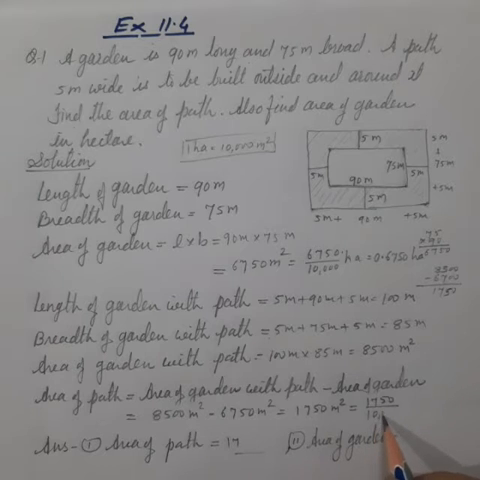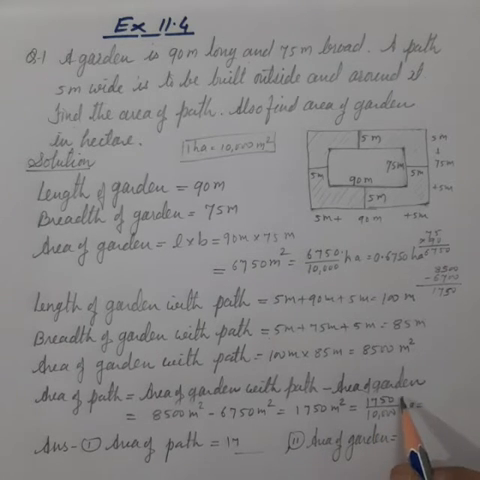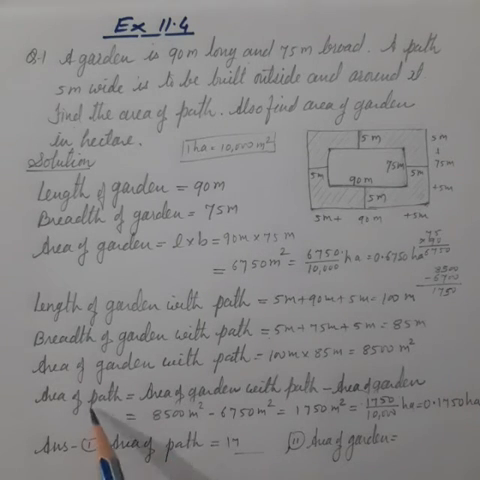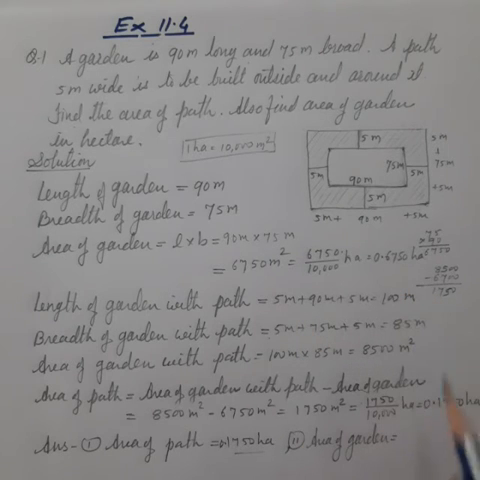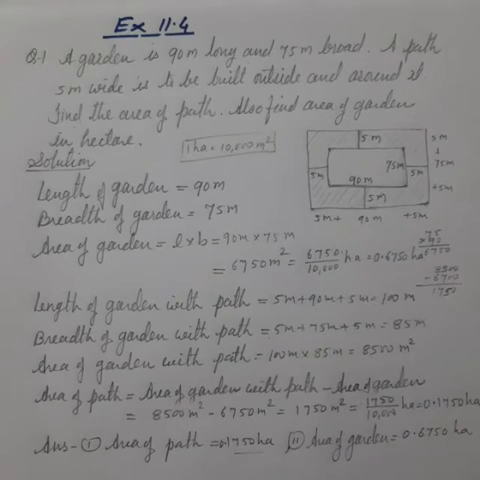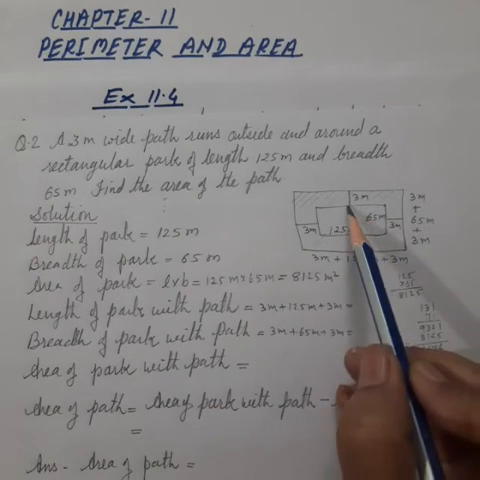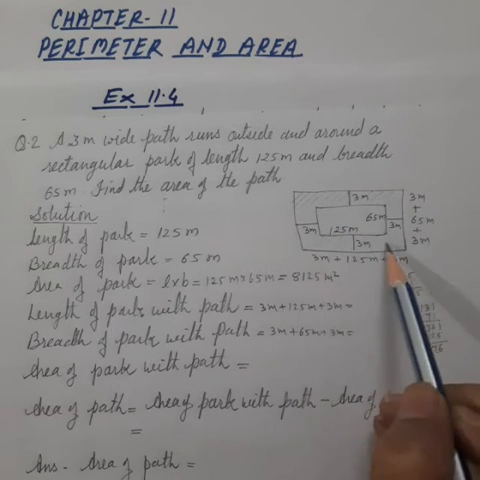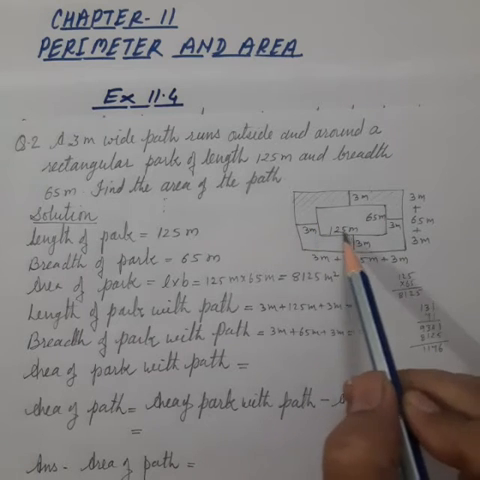1750 by 10,000 hectares. The point will move 4 digits before. So we get here 0.1750 hectares. So the area of the path is 0.1750 hectares and the area of the garden is 0.6750 hectares. Question 2. Here also a path of width 3 meter runs all around the rectangular park of length